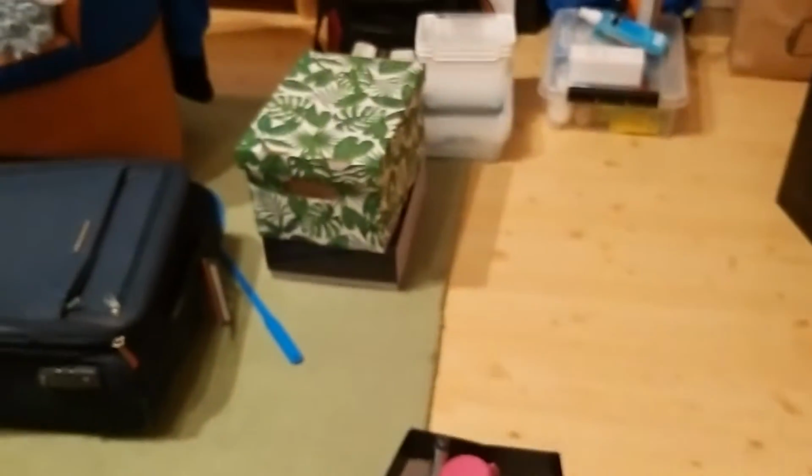So yeah, we're gonna start with the heaviest stuff and things that are in boxes, and the last to go will be clothes because we can put them into spaces in between other things. Okay, so we're gonna show you what we're gonna do tonight. So we're now increasing the efficiency